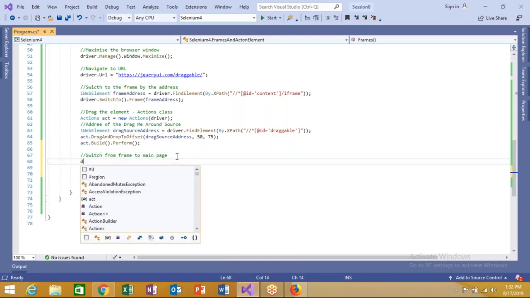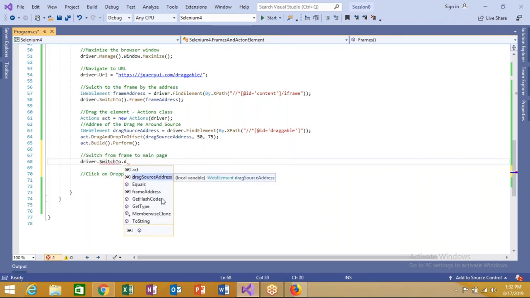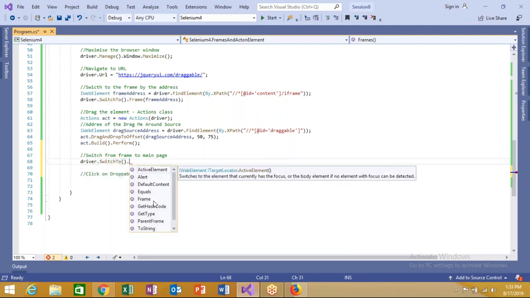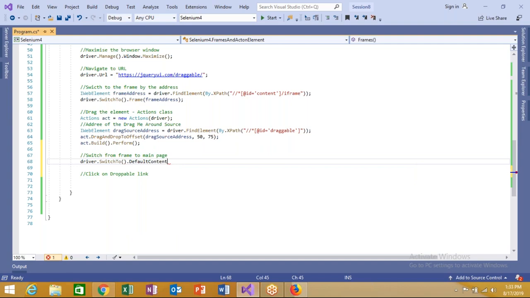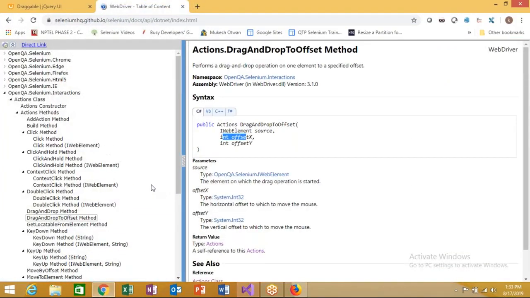So I'll have to use driver dot switch to default content. What is the switch to method? You'll ask me what is this default content. See, if you do not know, you can go to your this out here, and